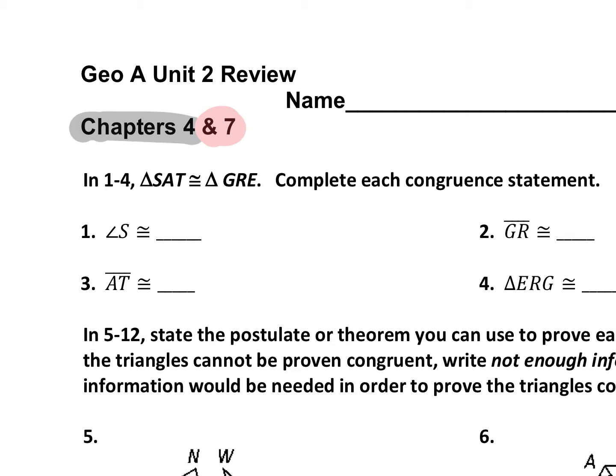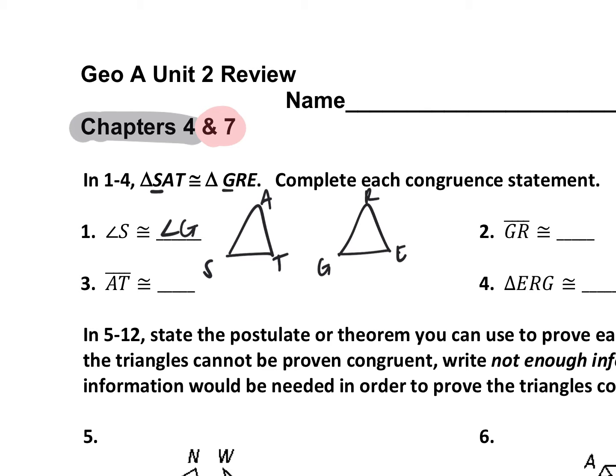Complete each congruent statement. So you're looking at where is the placement of the letter? Is it an angle? Is it a segment? So we're given problem number 1, angle S. That is the first spot in my triangle here. So angle G is going to be the congruent. Now you can also create a little triangle here if you want to help you visualize